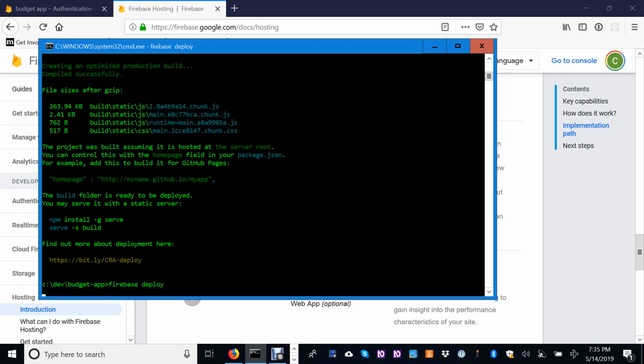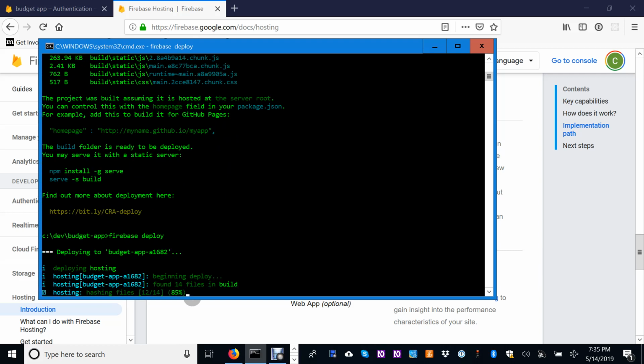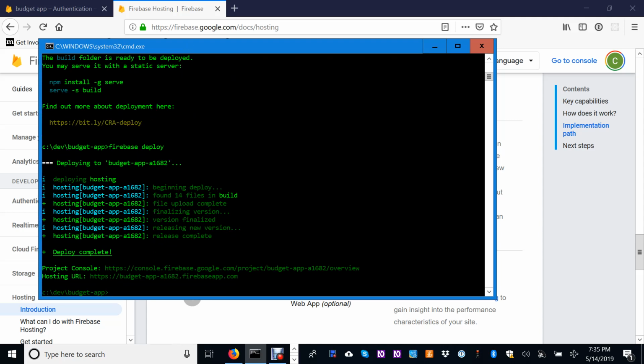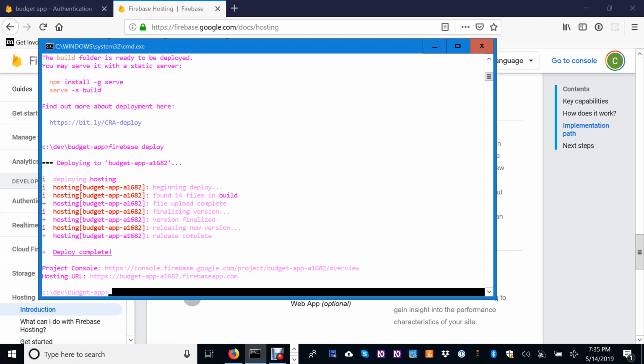And it will deploy to budget app A1682. Deploying hosting. Hosting budget app A1682, beginning deploy. Hosting budget app A1682, found files. And it's done already. So now to go to the URL, I'm just gonna